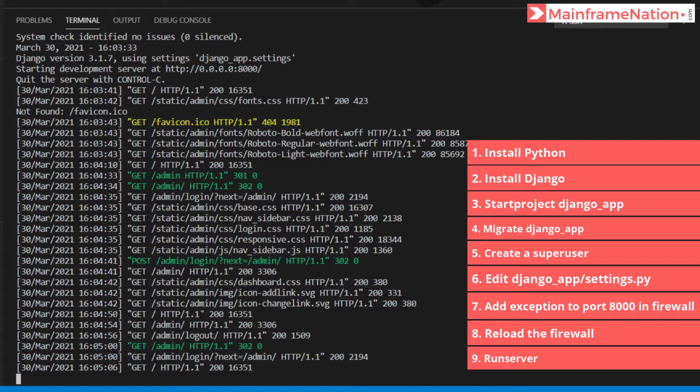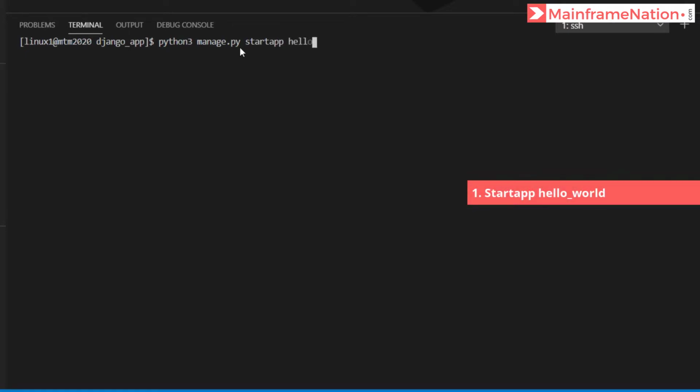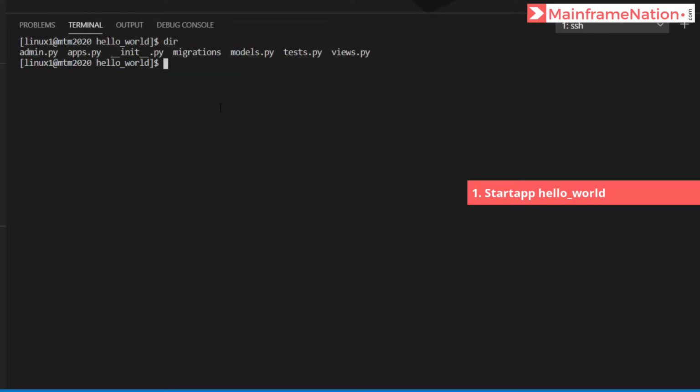Let us now create a simple Hello World app on this Django web framework. So give this command manage.py startapp helloworld. Hello world is the app that we are creating. Go inside it. Then go inside the hello world directory. Here I have to create urls.py.